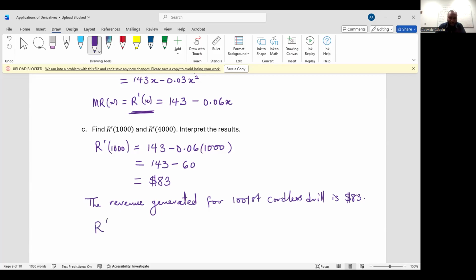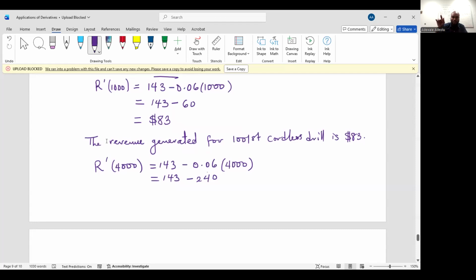Okay, what of R prime of 4,000? So we do the same thing, 143 minus 0.06 times 4,000. 143 minus, that is 240. Because 0.06 times 1,000 is 60, so times 4, so that's 240. I hope that is correct. Yeah. Okay, so this would be negative